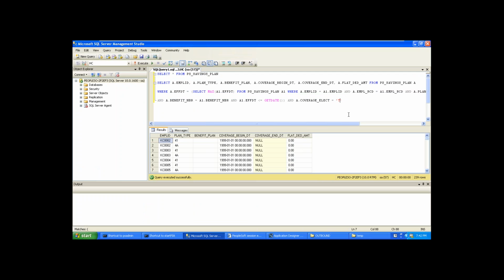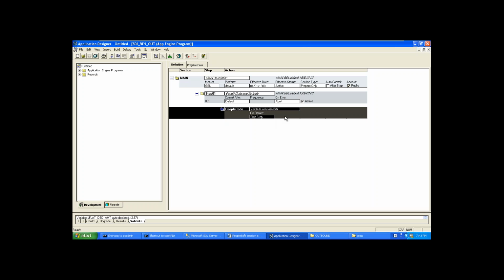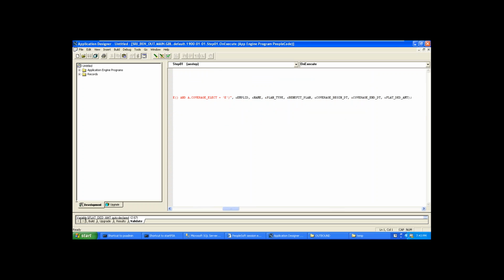Day after tomorrow if I'm asking only terminated employees, then you just run your query with terminated status. Only 23 rows. Fine. But how many times will you change this variable value? Your user is asking, I need access to select the variable before running the program.